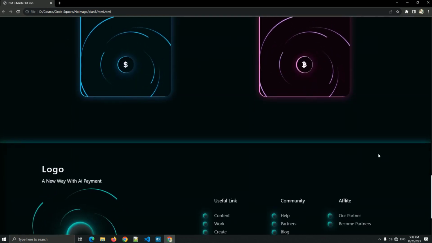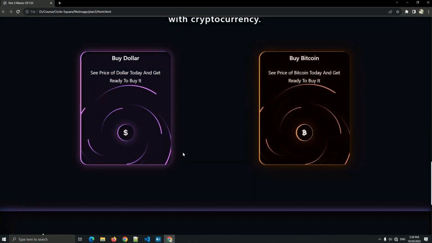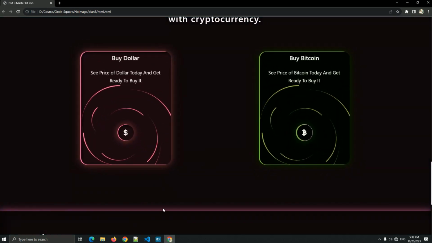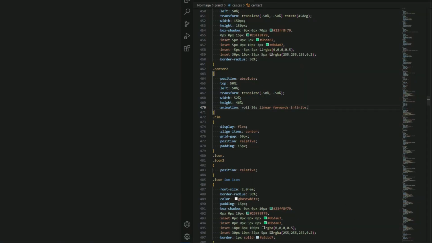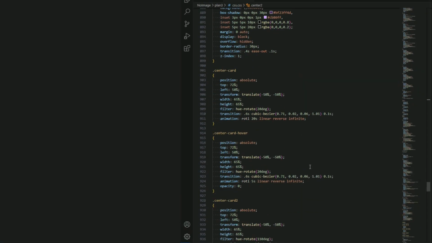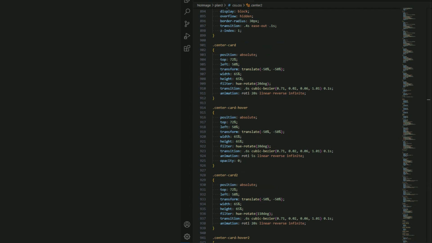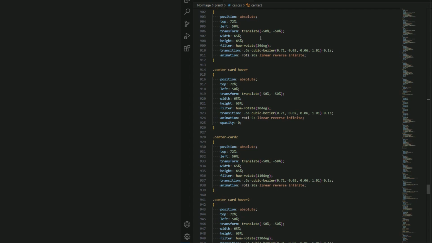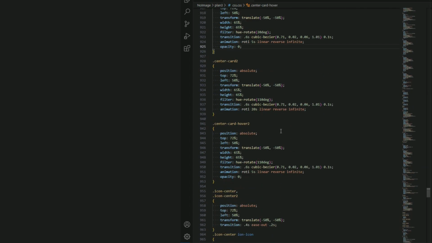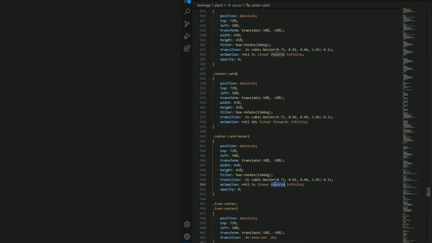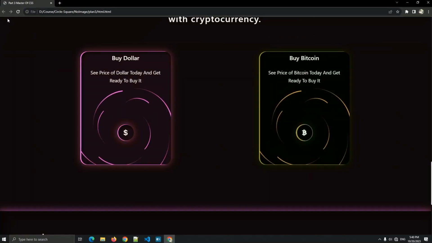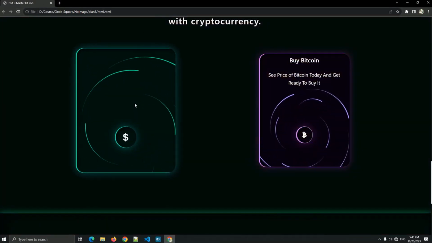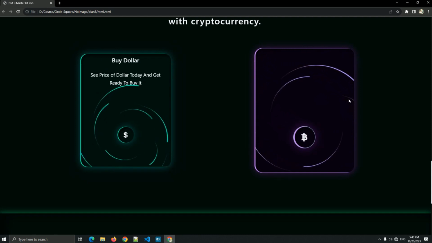And you know what, let me make this a forwards and this a backward or reverse. So in the animation of the cards, the first animation will be reverse, and this one reverse, and this one forwards, to get a nice animation. And now let's see the website for these cards. Yep, now it's better. Yeah, much better, I think.